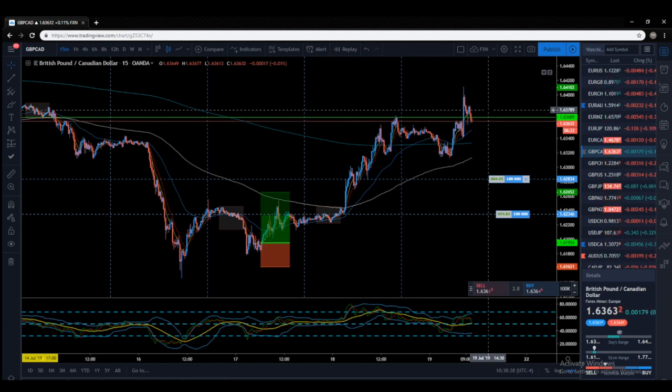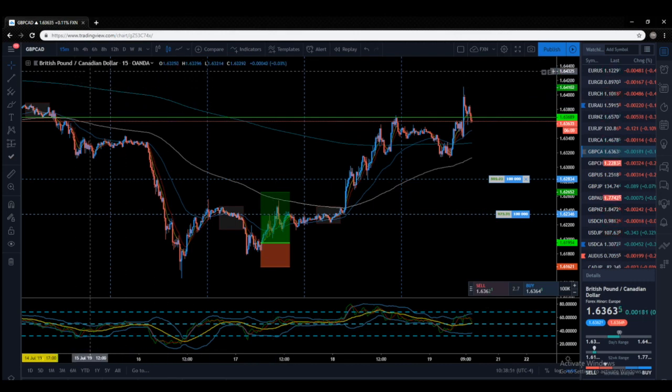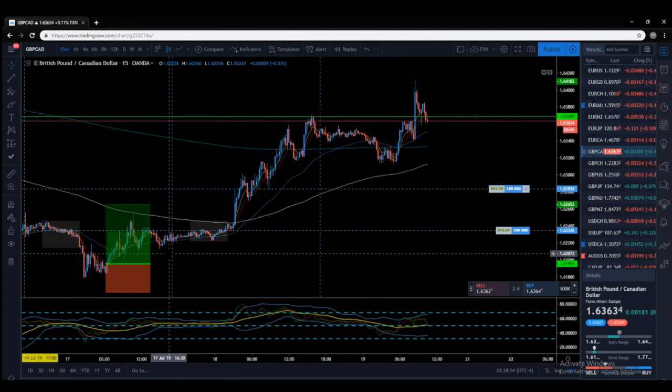I'm going to show you two examples here that happened recently, so you can get some fresh data to look at. On this pair, pound CAD,